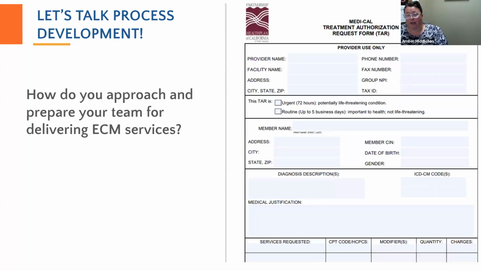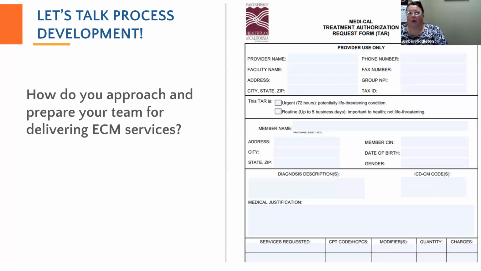And if you're in leadership, vice versa, right? You need to be thinking about, is your team prepared for these sorts of things? And I always like to think about what happens, this is kind of before DHCS talked about a closed loop system. I want my team, if someone's not going to open up a case with us, if they're not going to do ECM with us, I want them to still know they can come back, and where they can get other resources. I don't want anyone walking away without something tangible in hand.